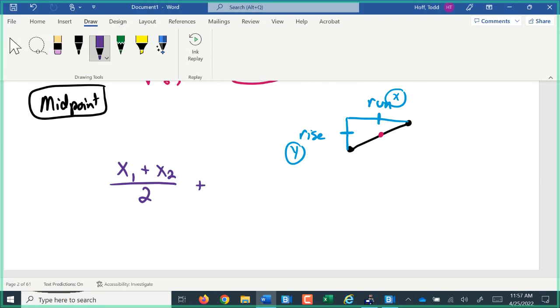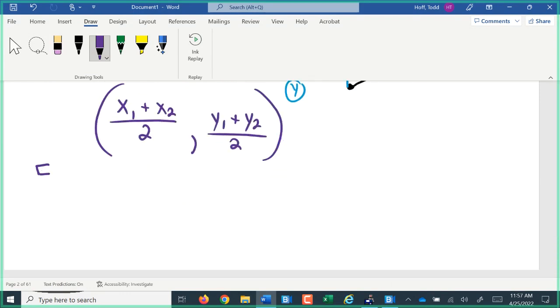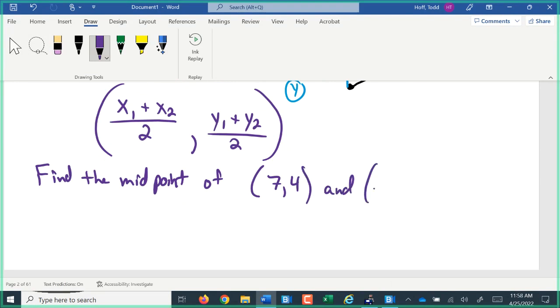And the y coordinate is the average of the y coordinates, y1 plus y2 divided by 2. So if we are asked to find the midpoint of 7, 4 and -1, -10,